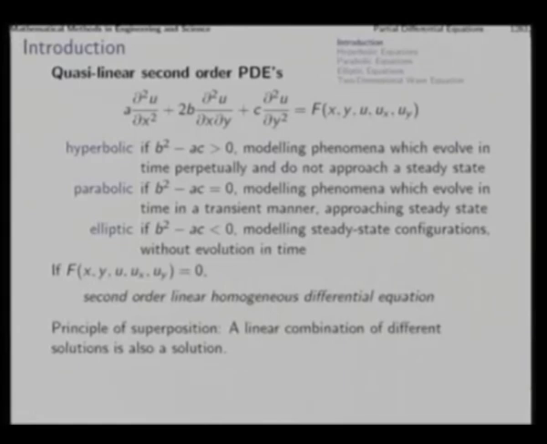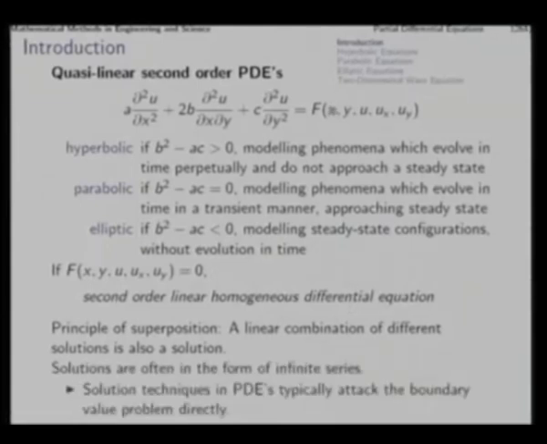Now, in this particular case, if the right side is 0, then we have a special case of even this, and that is a second order linear homogeneous differential equation. If this is 0, then the nonlinear part vanishes. So, we do not have to say quasi linear; it becomes actually linear, and this 0 gives you a linear homogeneous differential equation. So, with f equal to 0 you will have a linear homogeneous partial differential equation, and in that case